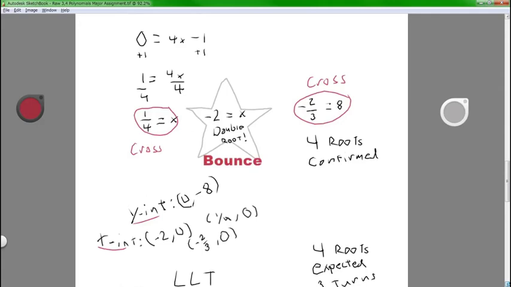So I just write down the x-intercepts as 1/4 equals x, negative 2 equals x, which there are 2 of those. I just put a double root, which shows me that it bounces. Then you have negative 2/3 equals x. I don't know why there's an 8 there. I might have tried to write an x, but